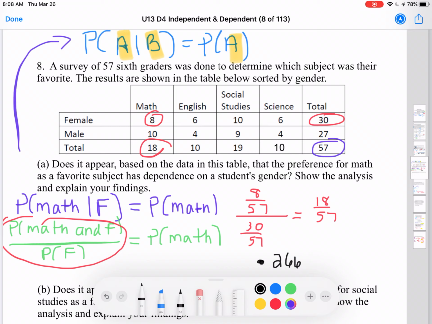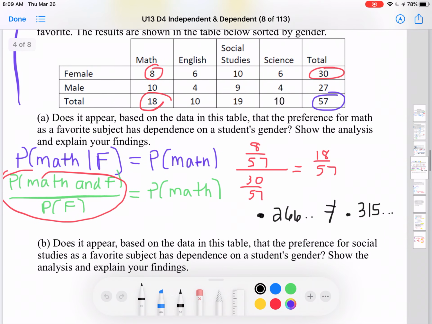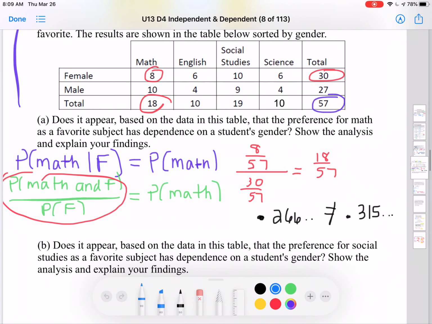Well, again, they look like they're different. They're not equal to each other. So what would you say for this as your answer? You would say,